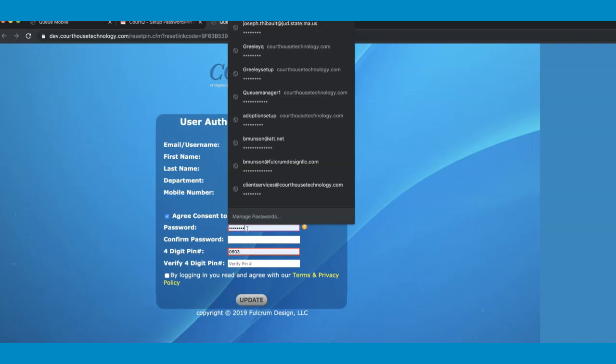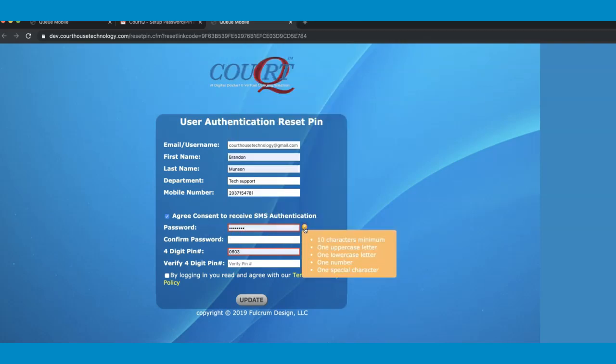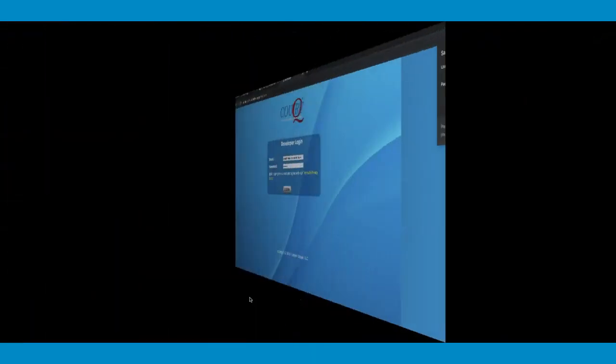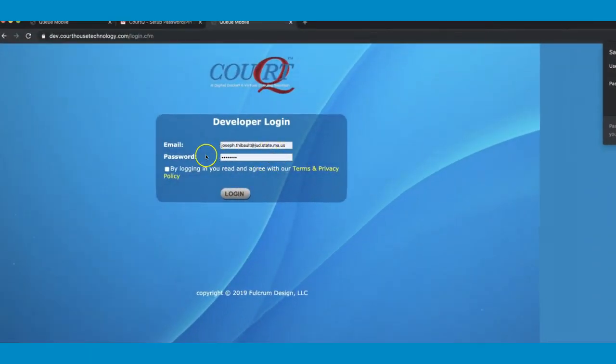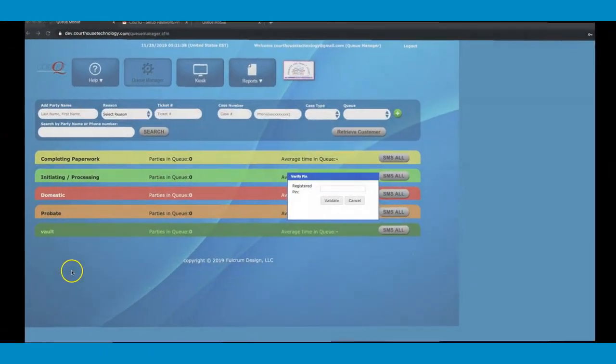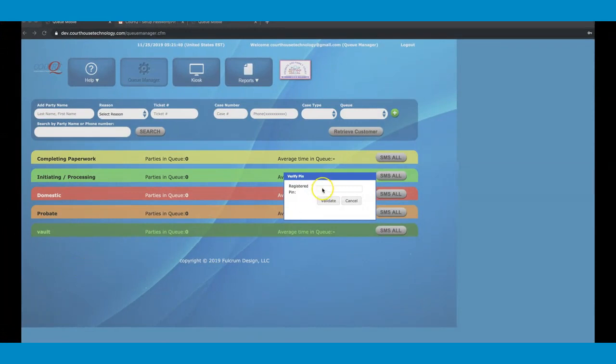Down here is the password, and it's a strong password. They'll need to click the button agreeing with the terms and privacy agreement and hit update. And now they're brought back to the login. And now they're able to log in with their credentials and their unique